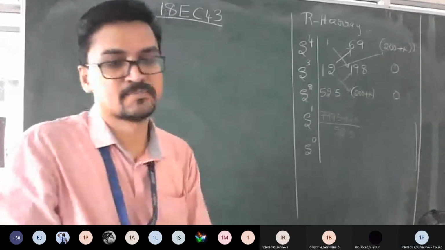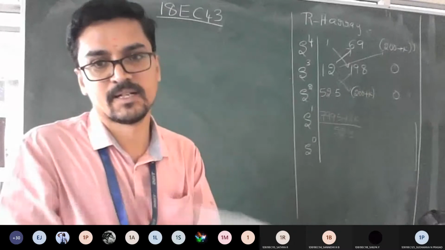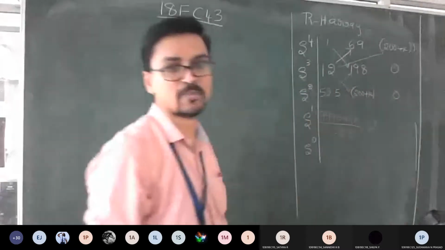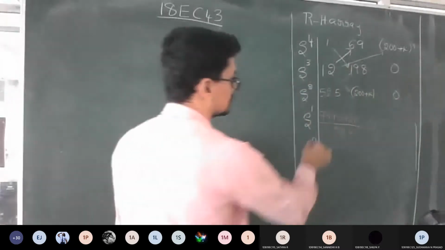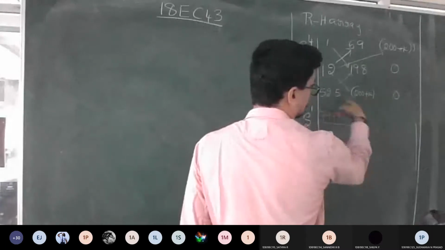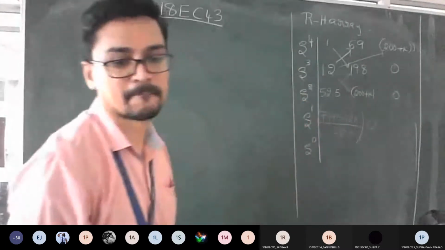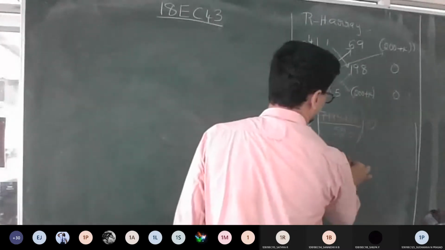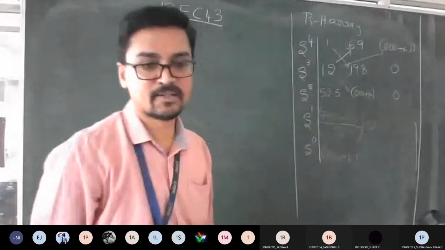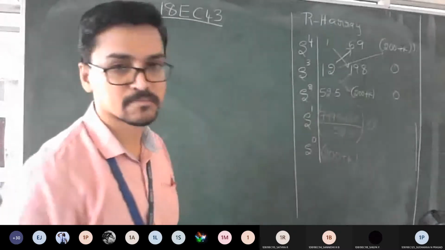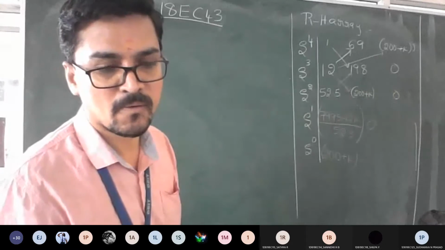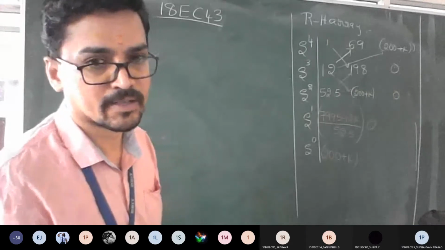Okay, so what is the next term? It is going to be 0, correct? Because it's 52.5 into 0 and again minus 12 into 0, it's going to be 0 only. So what is the last answer? This term into this, it's minus 0. Is it 200 plus k only? Am I clear to everyone? Yes or no? Yes, sir. Okay, proceed now.